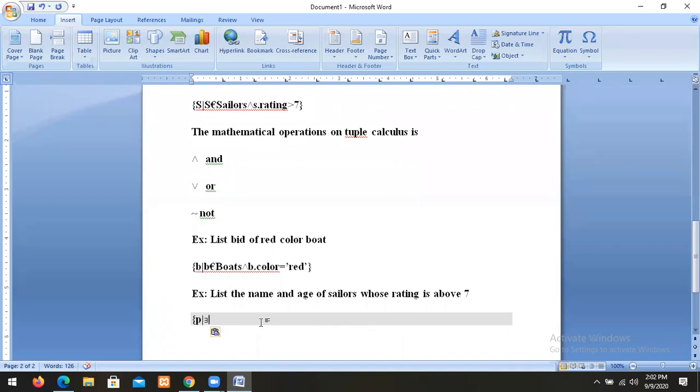So that's the symbol. So I'll use S belongs to sellers. Belongs to sellers. To make more big fonts.